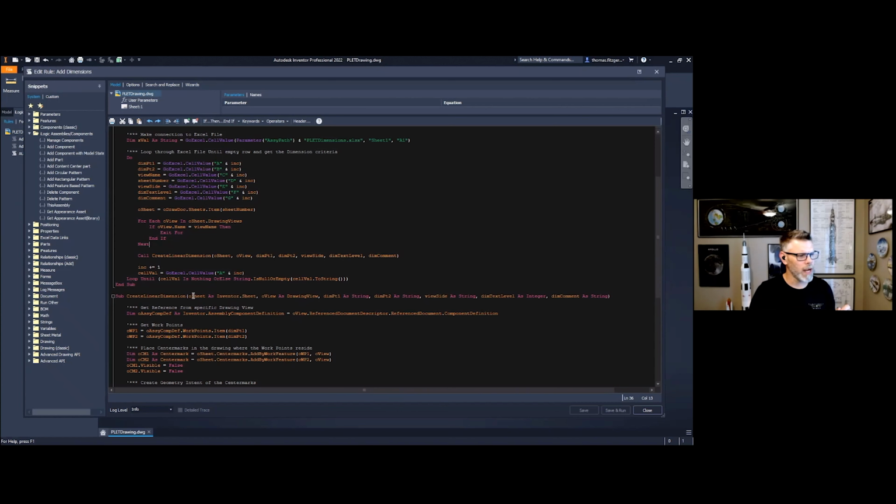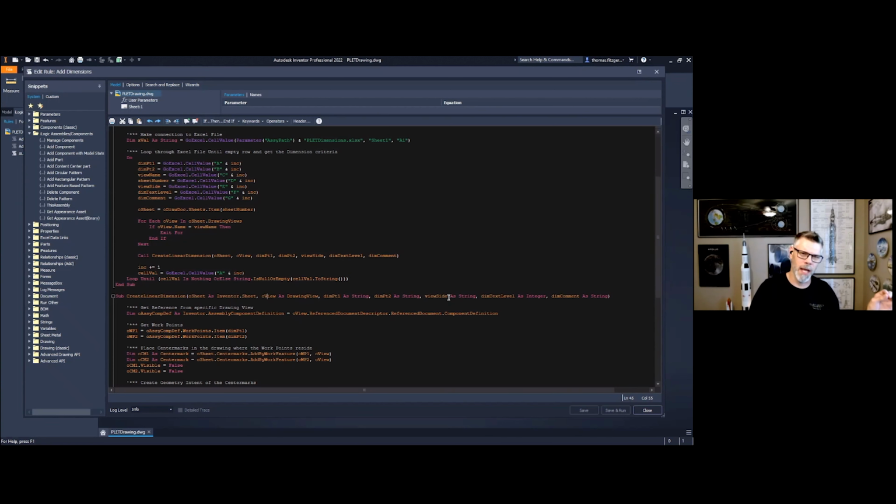So if I want to create a linear dimension, the required inputs that Inventor needs are: what sheet are you working on? What view are you going to place the dimension on? What are your connecting points? Where do you want to place the dimension once you've identified your connection points?